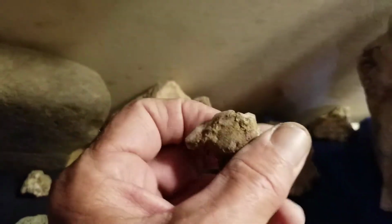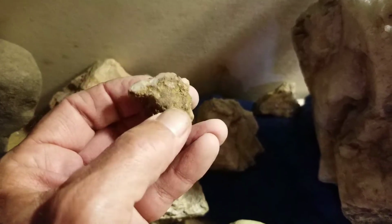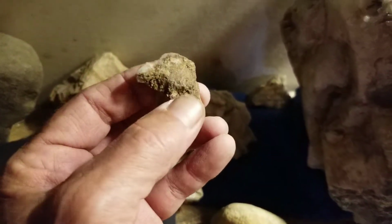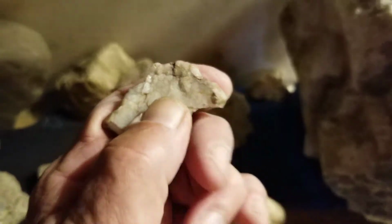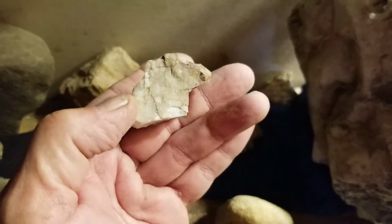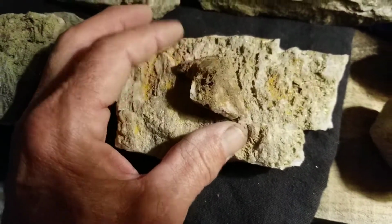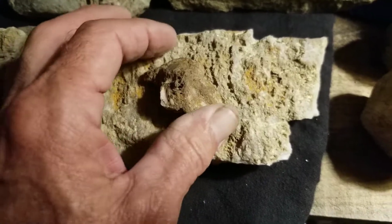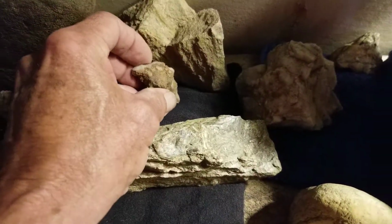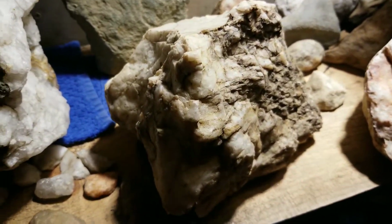This is also the same thing. You can see the bird in there. They used the stone itself to create the bird and the image and the feeling of the bird. And this side's a different surface they were using, and they created the bird silhouette. But this isn't carved out of a stone and placed on top. It doesn't come out of the stone that way. They carved the whole stone to be like a small cave painting. I don't know how important it is, but to me it looks like a difference,